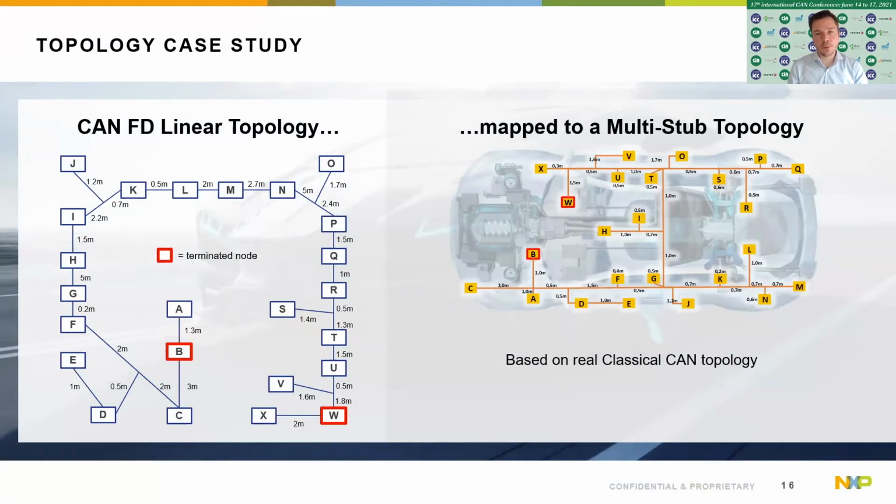CAN-FD network, which is today running with CAN-FD transceivers. This is actually a very large topology, and it's a very, very linear topology as well, as you can see. So it's basically a daisy chain with just a few stubs coming off the main chain. I have two terminated nodes here, B and W, and then basically this long line of nodes going all the way through. The actual construction of this was taking the two cables and putting them into a connector slot